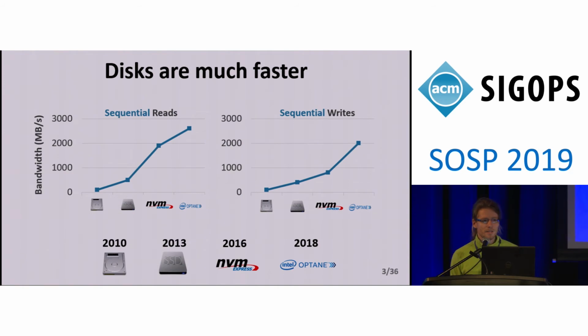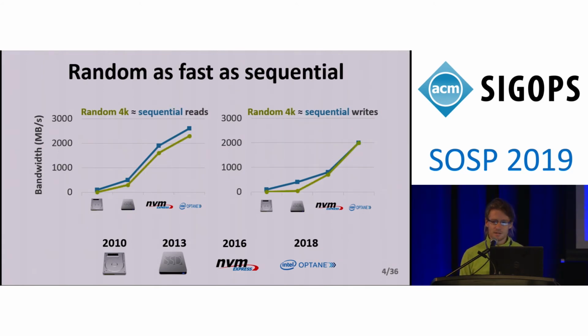Many key value stores have been designed for this context, but most of them have been designed for slow drives. However, if you look at the evolution of disk speed, as shown on these graphs, you can see that the speed of disks has dramatically increased in the past few years. So from disks that could read and write at a few hundred megabytes per second, we now have disks that can read and write at over 2 gigabytes per second. And what's more interesting is that disks can now perform random accesses very fast. On an Optane drive released in 2018, for instance, random reads are only 10% slower than sequential reads, and random writes have the same speed as sequential writes.